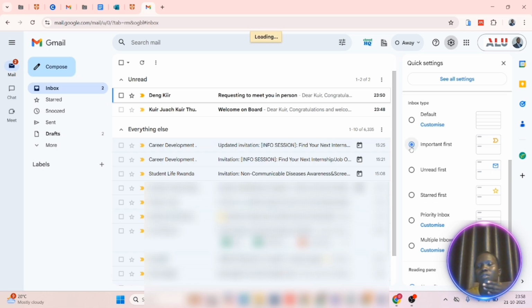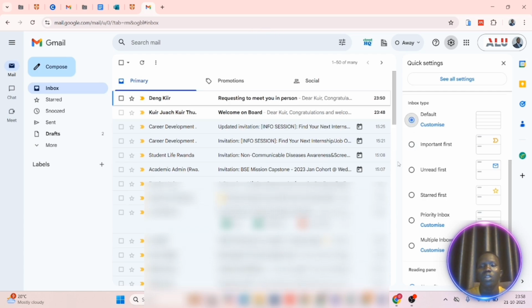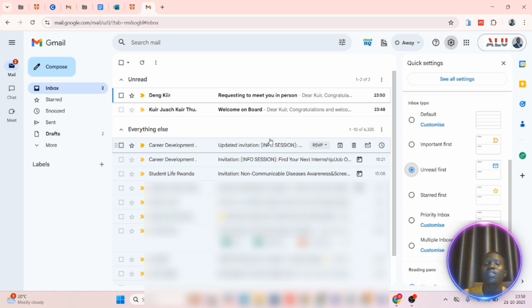Let's first try to change it to important first. Have you seen? So it has changed, and let's try this default. You see it has changed, but what is very important is for you to check this unread first,